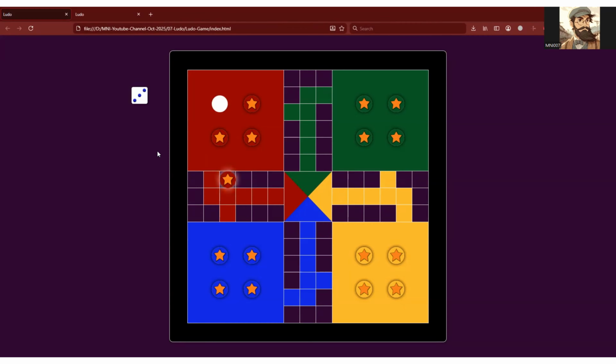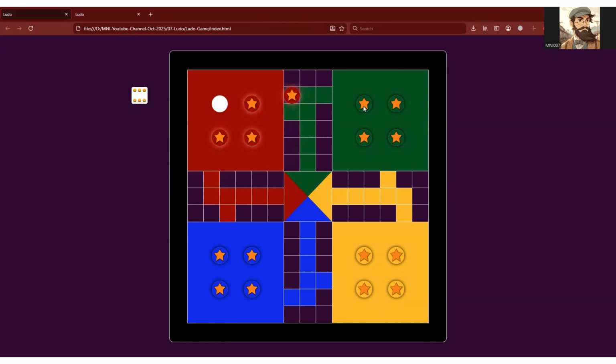Let's roll out, and we would see that only the token which can move would glow. Others won't glow because we haven't rolled out a 6. So if we roll out a 6, then all of them can move. So that's why this is the behavior. And we can also check that because we have selected our current house as red, only red tokens are glowing. But as we have added